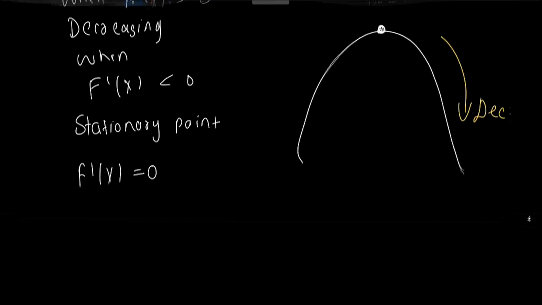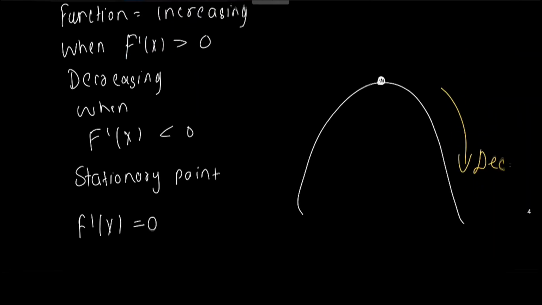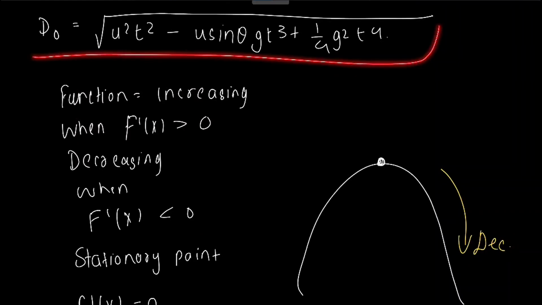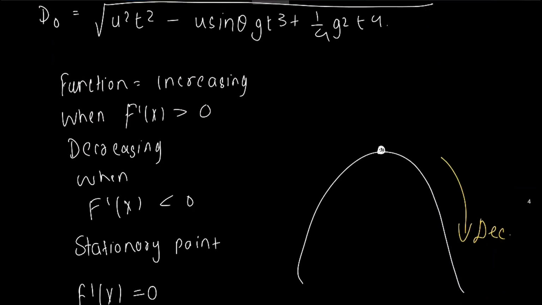So that is the significance of the stationary point here. Let's just take the distance from the origin and differentiate it with respect to time. Differentiating distance from origin with respect to time, we are left with a wonderful expression which we only get after doing a tedious differentiation. We have to differentiate the root of